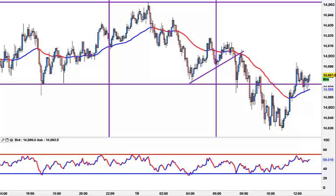Hi traders, just doing a quick roundup, seeing as the video has not been forthcoming this week. I thought I'd do one now. This is the pound yen on the 5 minute,